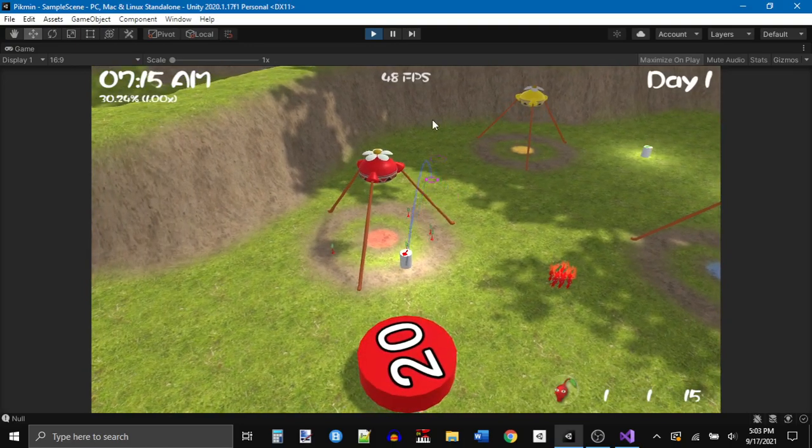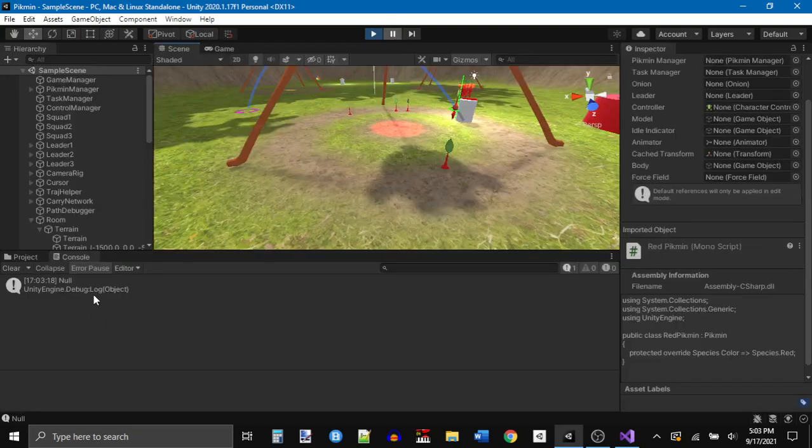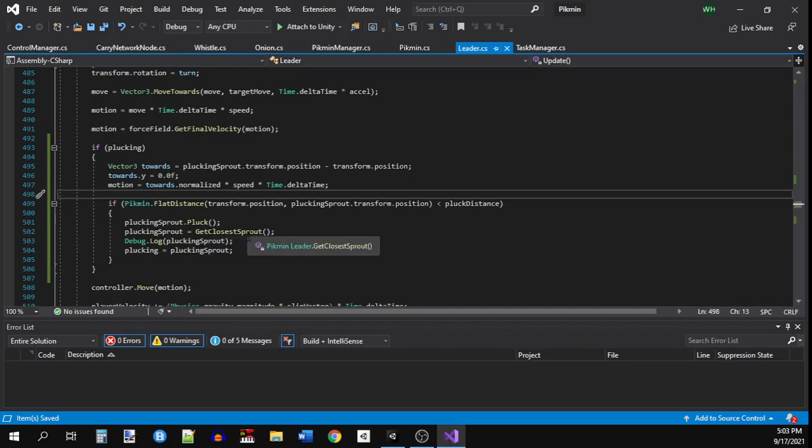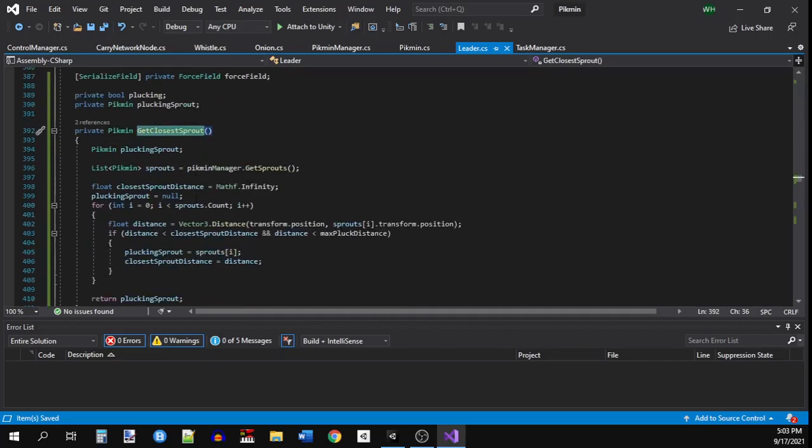And it is indeed null. That is concerning. Okay, so yeah, get closest sprout. It's giving me null for that. But obviously not for the first time, because I obviously was able to walk over to one of the sprouts. So why might that be happening? So get sprouts. Okay. So distance is less than closest sprout distance, and that's going to start at infinity, and the distance...